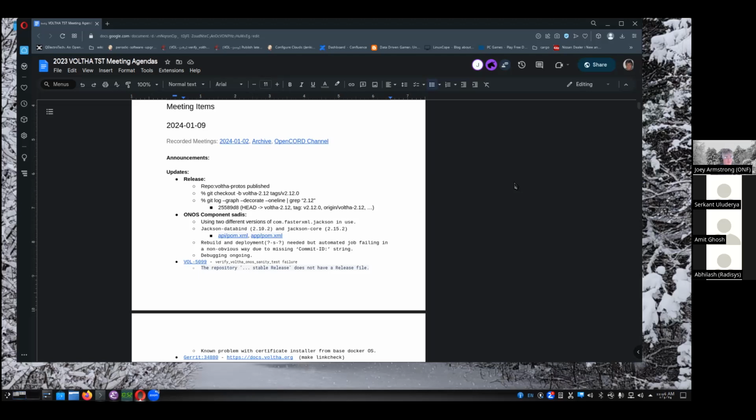Just some background, when we release repositories for VOLTHA, there's two different types that we create. This is all documented on docs.voltha.org. There's two repositories that we actually create branches in, and that's what signifies we're doing the release. That's both the Helm charts and the system tests. We'd create the VOLTHA-2.12 branch off of those repositories. For both the protos and everything else,